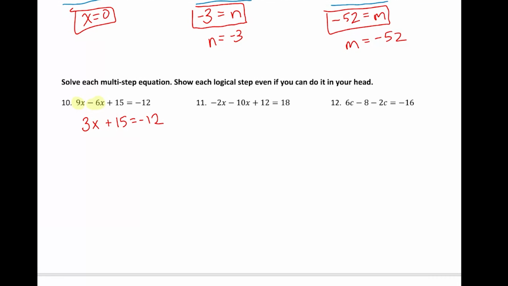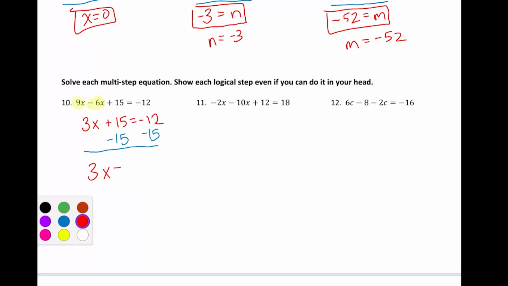This is what's known as a two-step equation, and this is going to require two separate steps, two instances of properties of equality, two different properties of equality, but they both basically work the same way. The only real question here is which order to do them in. Like, do we want to get rid of that plus 15 first, or do we want to get rid of the times 3 first? On these two-step equations, you always are going to get rid of the addition subtraction before the multiplication division. So firstly, I'm going to subtract 15 from both sides,